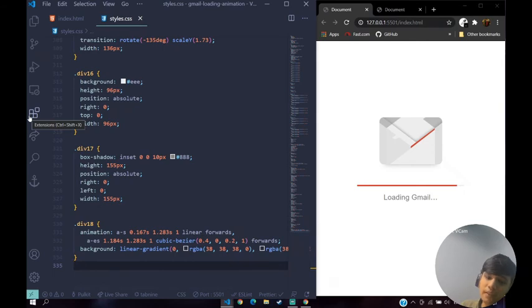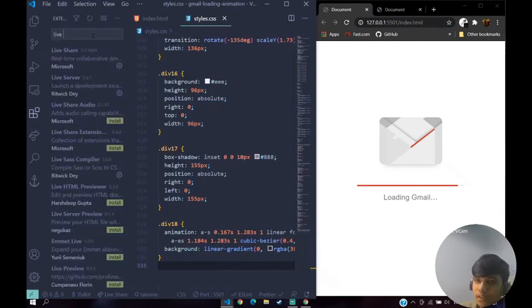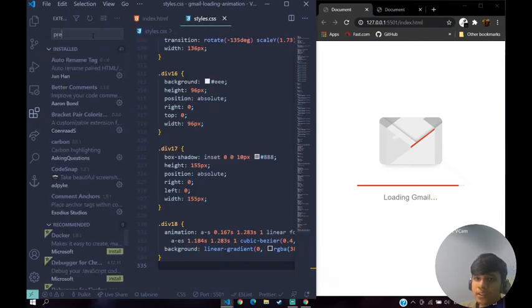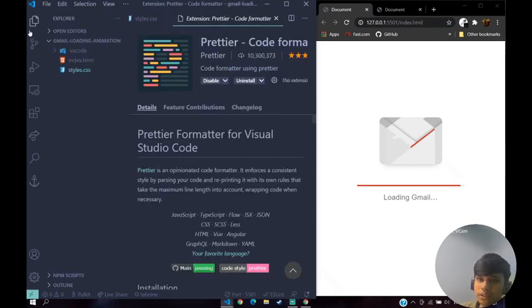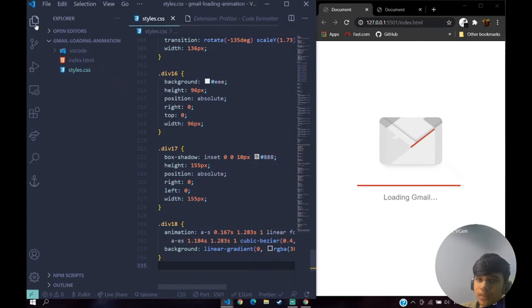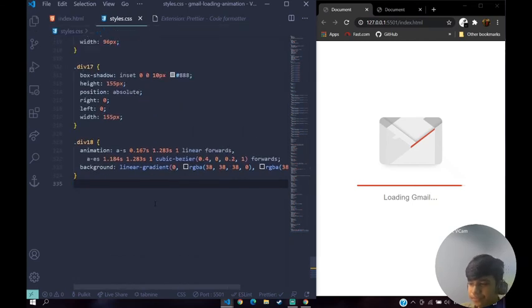The reason is I have an extension called Prettier. Just go to your extensions here and search for Prettier, and install this. I'm using this for nice looks. Right here, this little background, and then, sorry guys, 25 pixels,